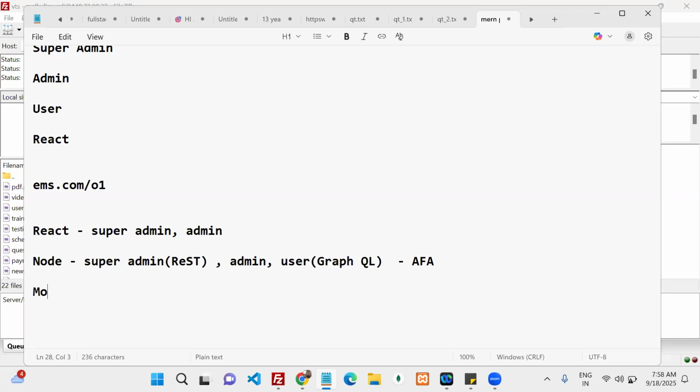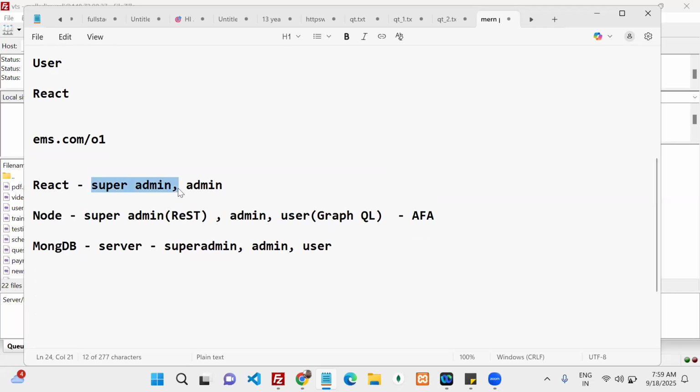The next one is MongoDB. How many databases do you want to create in my server? For super admin you can create one database, then admin level and user level. Based on these microservices you can maintain separate databases for all. Just create small ones, you can split different applications, and you can deploy them as simple services. Understood?